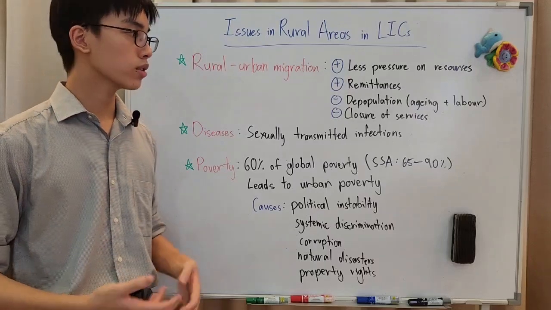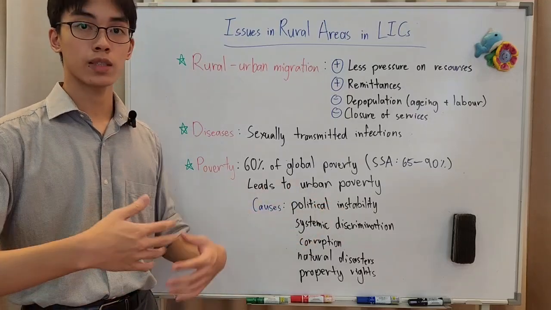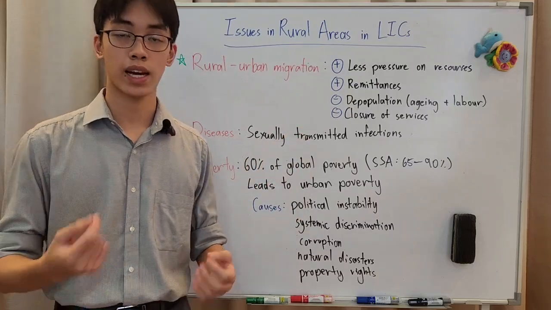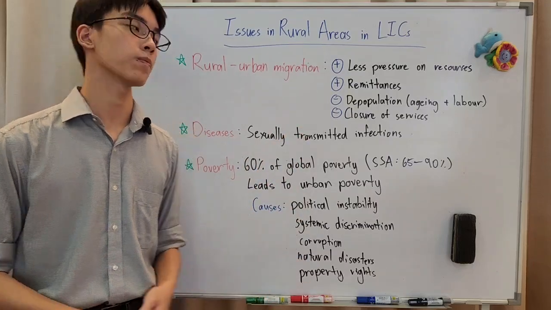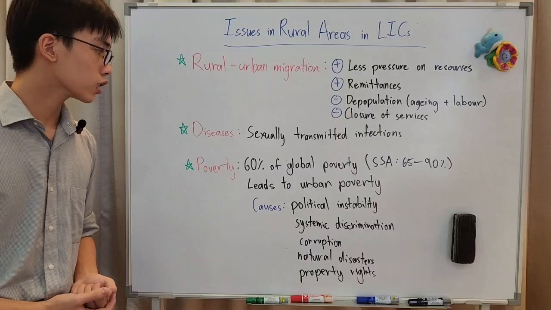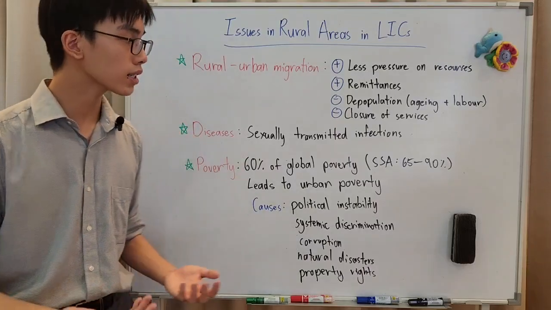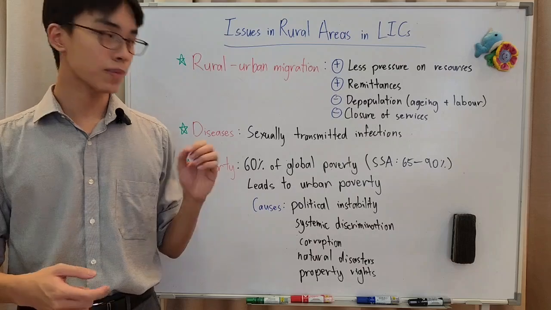With less population, less people working and less people buying stuff, there's less demand, and therefore services close down because they can't earn any money. There's no business anymore. The next issue is diseases, specifically sexually transmitted infections or STDs, STIs, and that's especially prevalent